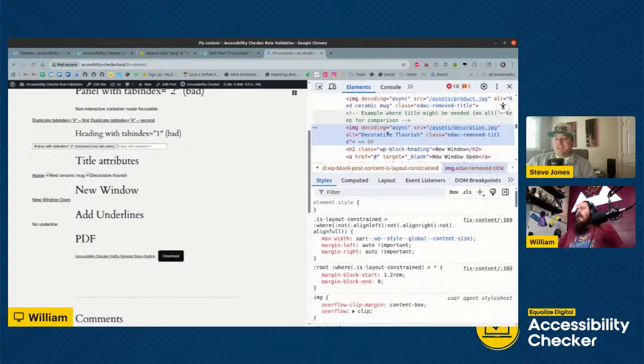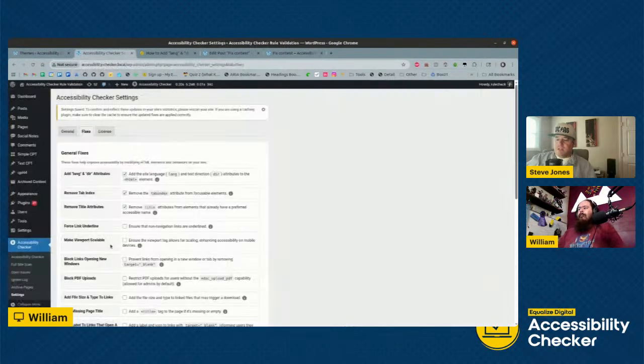Yeah, well, if an image has an alt text and a title tag, the title tag will be read out by most screen readers, which is usually not what you want. You normally want the alternative text to be read out. So if this image did contain alt text by default, the title would just be removed because the alt text would be favored. Yeah, and this is outlined in our documentation,